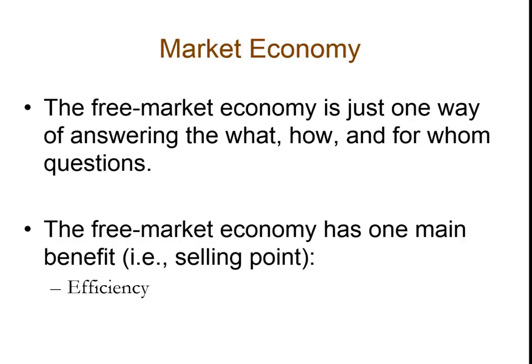So let's just go back to the theoretical selling point, which is efficiency. And when we talk about efficiency, you have to also understand efficiency is really separated into two parts. There's productive efficiency, which is maximum output with the least amount of input. And then there's allocative efficiency, which is producing the optimal mix of output, or in other words, producing what people want. You need both types of efficiency to be truly efficient. If you fail at either productive or allocative efficiency, you are not efficient at all.